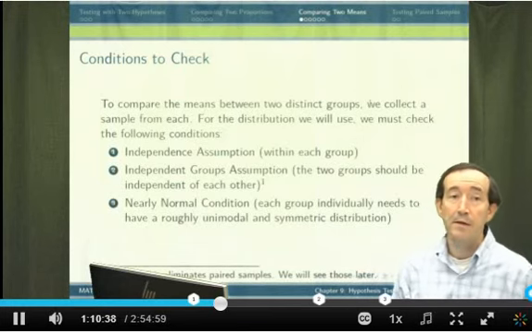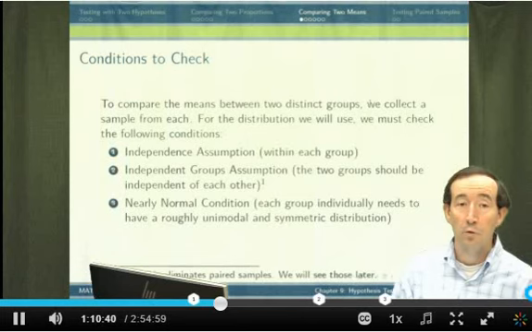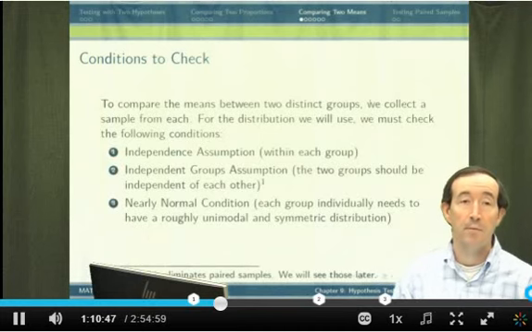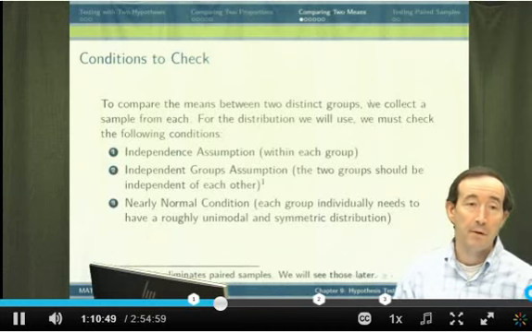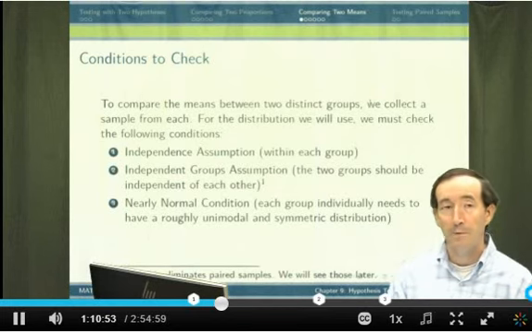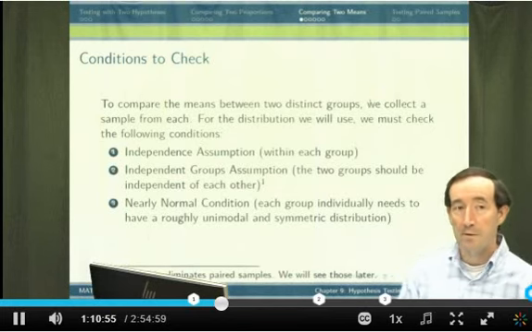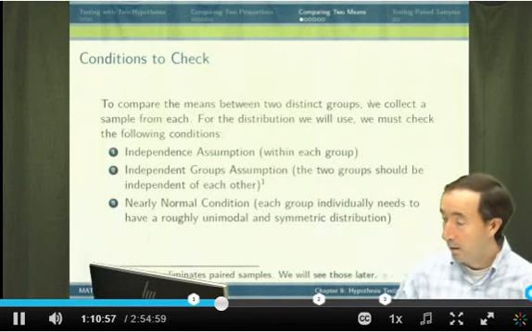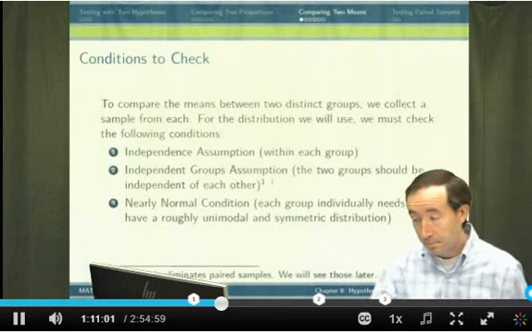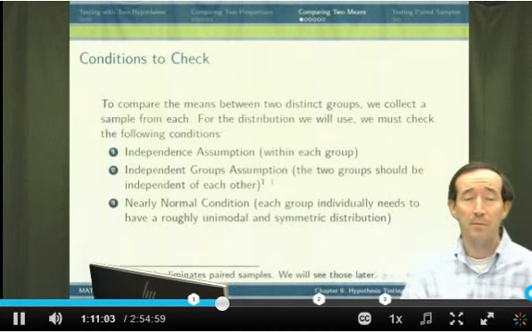We want the individual groups themselves to have a roughly normal distribution. That is, when you look at a histogram for this group, do you see something that appears to be essentially unimodal and symmetric? Again, it doesn't have to be perfect, but if it's close, then we can use the distribution we'd like to see. And I forgot to emphasize, in the independent groups assumption, if we have a paired sample,